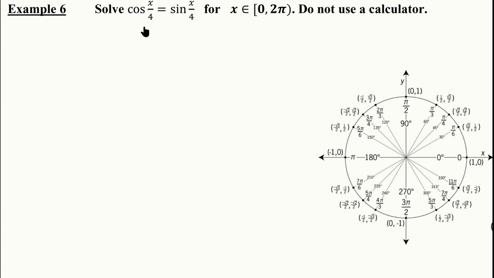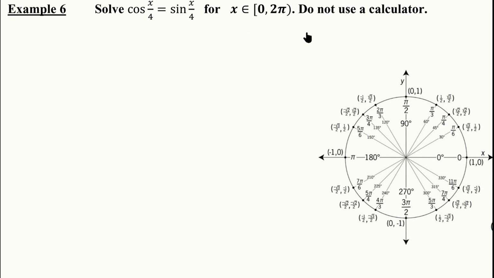So notice here, we're trying to solve this equation, and we're solving it for x values between 0 and 2 pi. So we're back to a limited zone that we should be looking into. And so as we go around the circle, where do we find the sine and cosine to be the same? That's what you have to be thinking about. Before you do, however, you do need to keep in mind that this time we have a limited interval to look into. So this time we do need to go to see how far we can go with x over 4. So we're going to multiply both sides of this